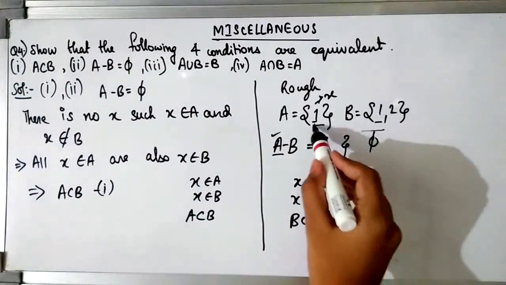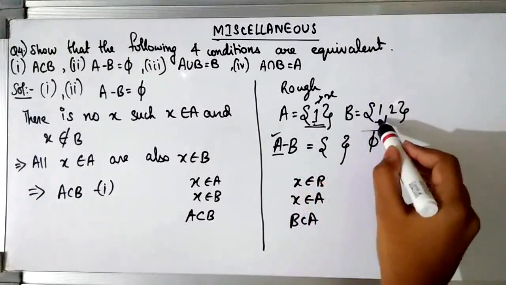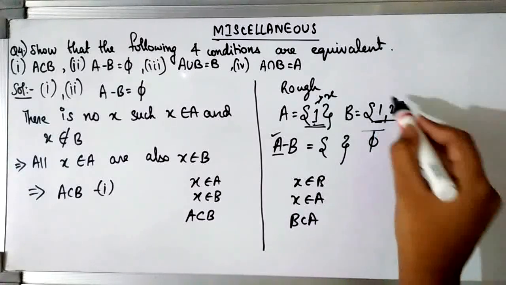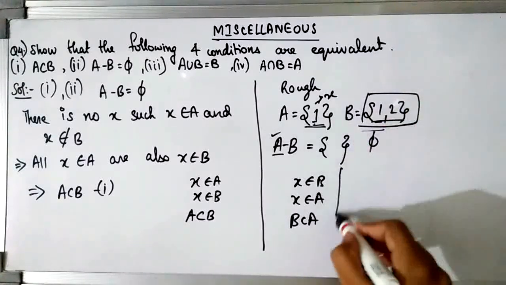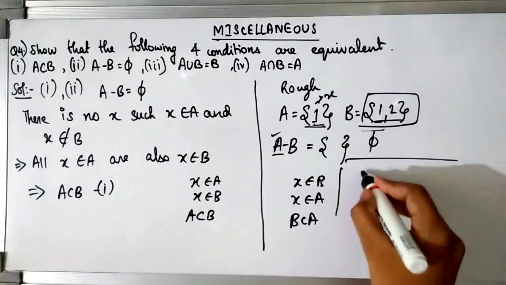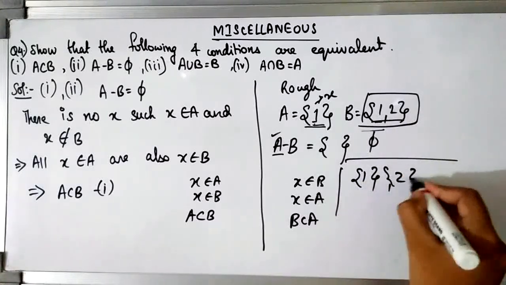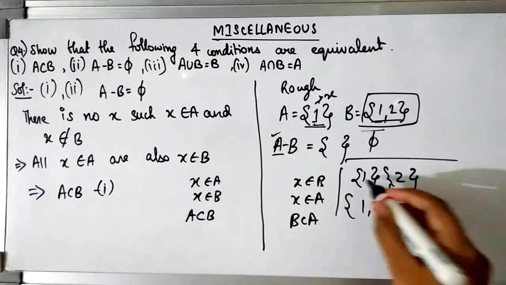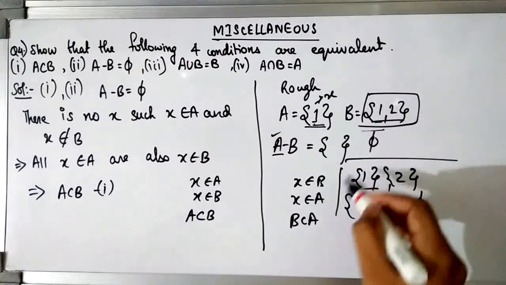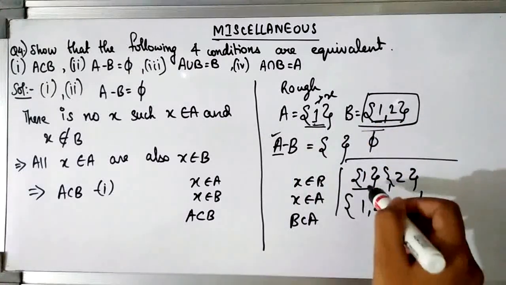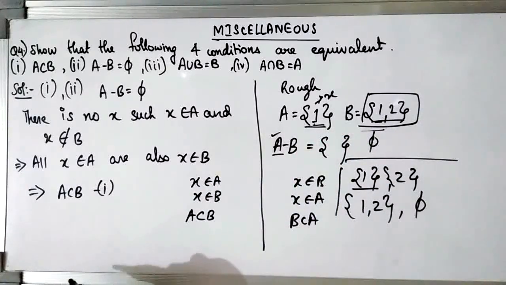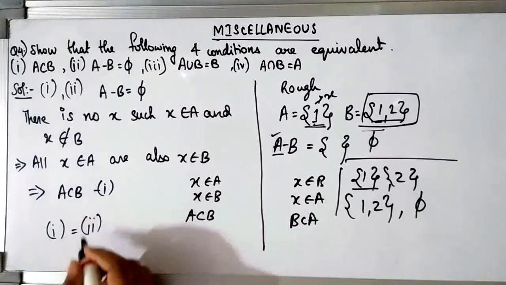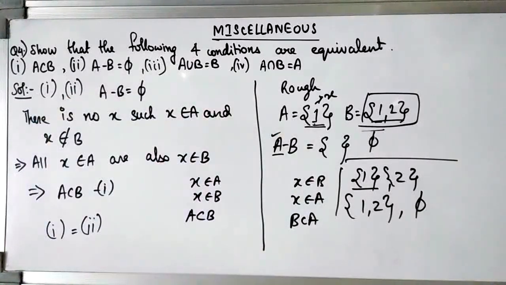Now if you check also that A consists of element 1 and B consists of elements 1 and 2, A can be called a subset of B, because if you see this set B and check for its subsets, what are the subsets of set B? They are {1}, {2}, the set itself, and the empty set. So these are subsets of B and there is one in that which is nothing but set A. So with this we can say that A is a subset of B. So that is the final answer. So with this we can say that 1 is equivalent to 2. So we have proved the first of the conditions.